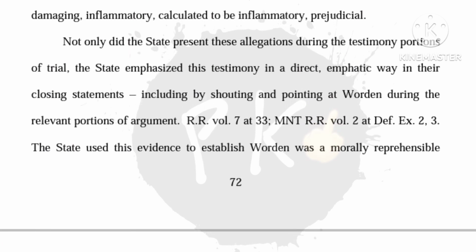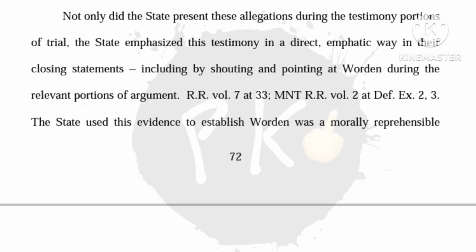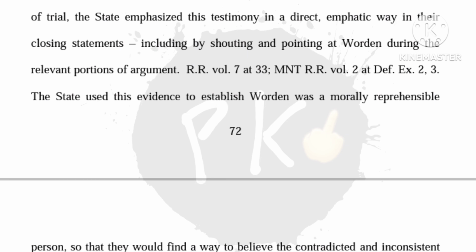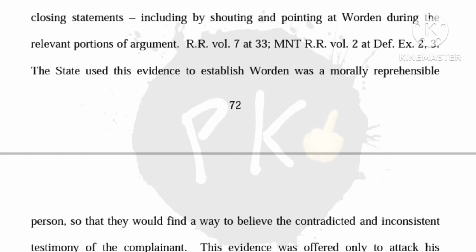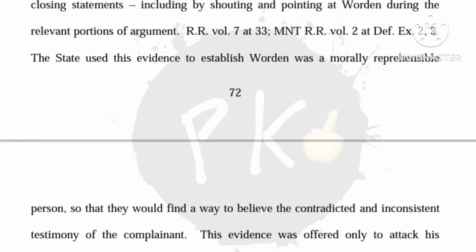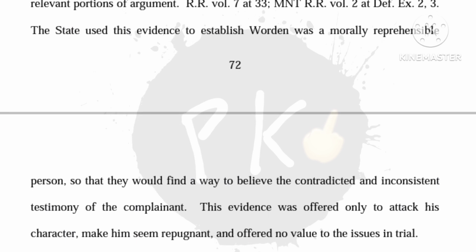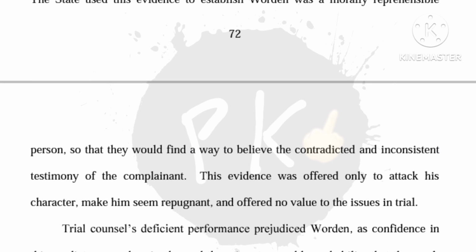testimony in a direct, emphatic way in their closing statements, including by shouting and pointing at Warden during the relevant portions of argument. The state used this evidence to establish Warden was a morally reprehensible person so that they would find a way to believe the contradicted and inconsistent testimony of the complainant. This evidence was offered only to attack his character, make him seem repugnant, and offer no value to the issues